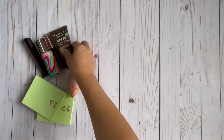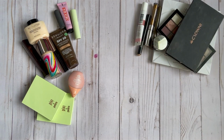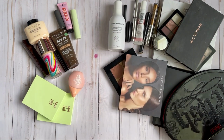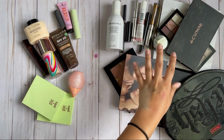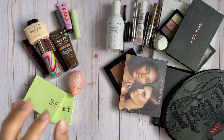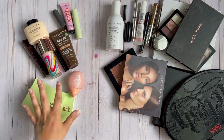So let's bring everything back in of what I'm keeping and what I'm getting rid of, so you guys can kind of see how that went down. All right, you guys, so this is all the makeup that I'm keeping in my collection. This is all the makeup that is leaving my collection. I am shocked. I'm really shocked. I'm only keeping 11 products, and